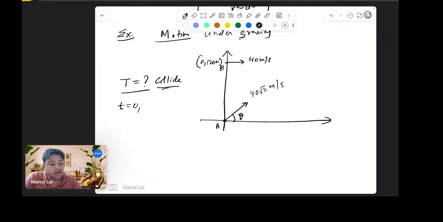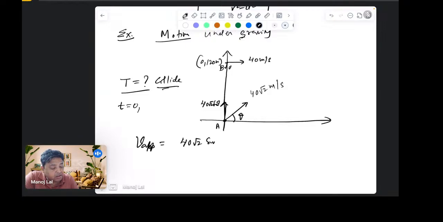Velocity along the line of sight. So what is the line of sight? This is the line of sight. So what is the velocity along the line of sight? ये कंपोनेंट 40√2 sin θ, इसकी ये कंपोनेंट 0, तो वेलोसिटी अप्रोच क्या हो जाएगा